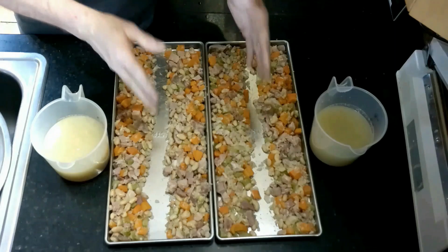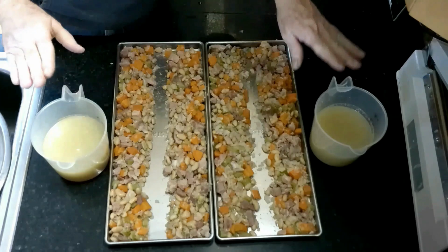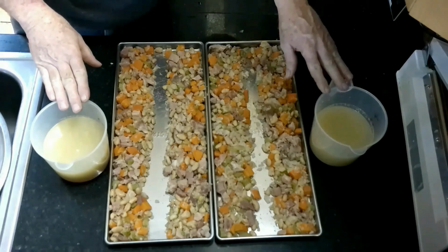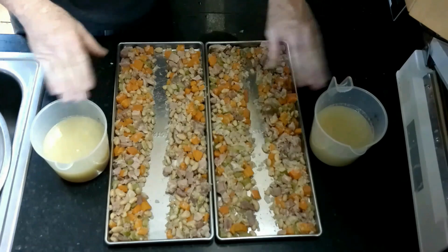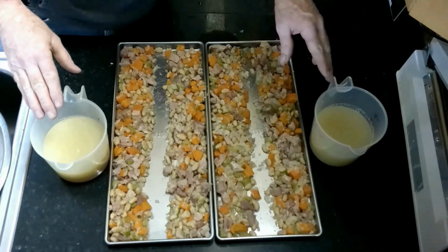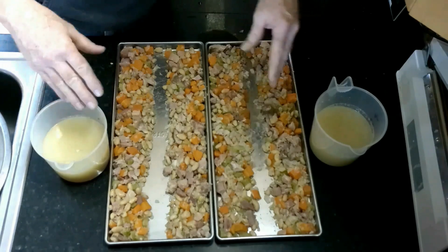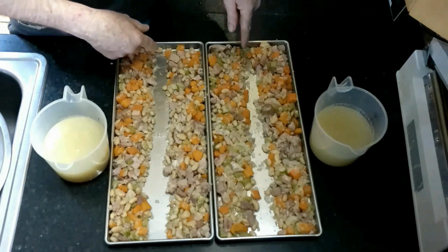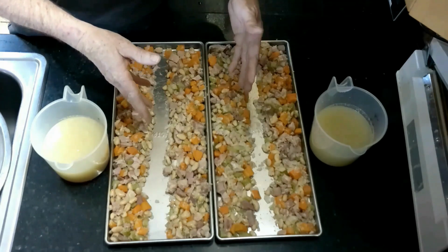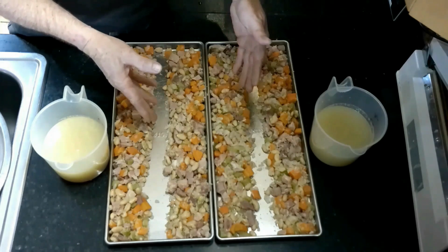I have equal amounts of solids in my Harvest Right trays and equal amounts of the liquids in these measuring cups. One thing you want to make sure is when you divide the liquids up, you stir the liquids before you divide them to make sure that all the particulates that often settle down at the bottom are mixed in equally. And I also have this trough going down the middle of the trays so that when you put the trays into your Harvest Right freeze dryer or into your freezer, which I'm going to do,